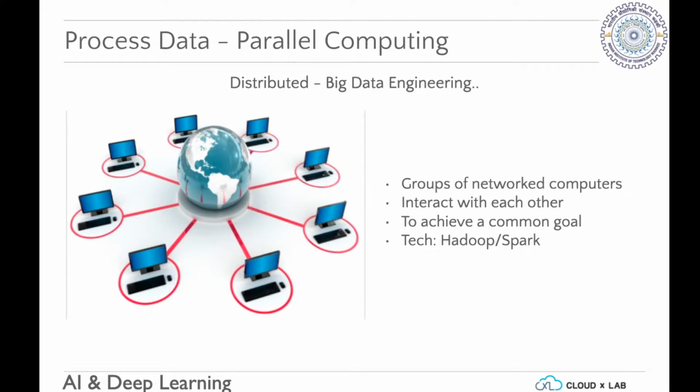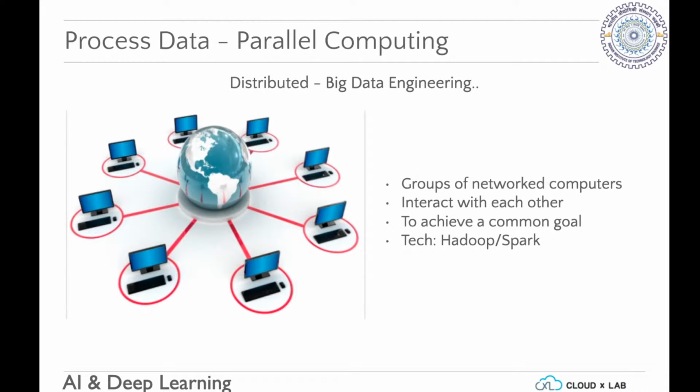So what's needed is distributed big data engineering, where you leverage not one large computer, but a pool of smaller computers. There are a lot of advantages to using pools of computers. One is that smaller computers are cheaper, so it's often easier to have multiple small computers than one humongously large computer.